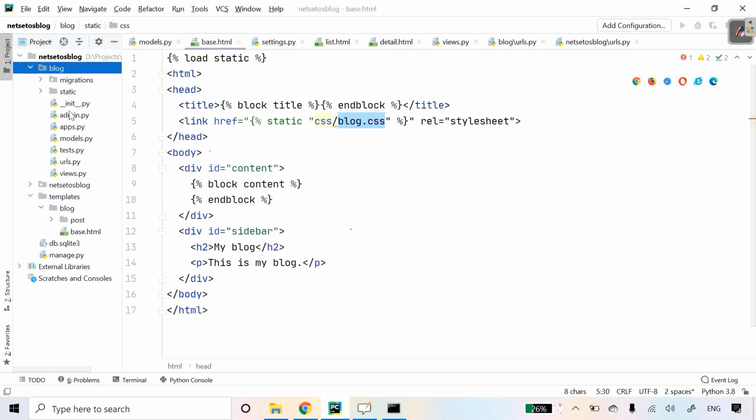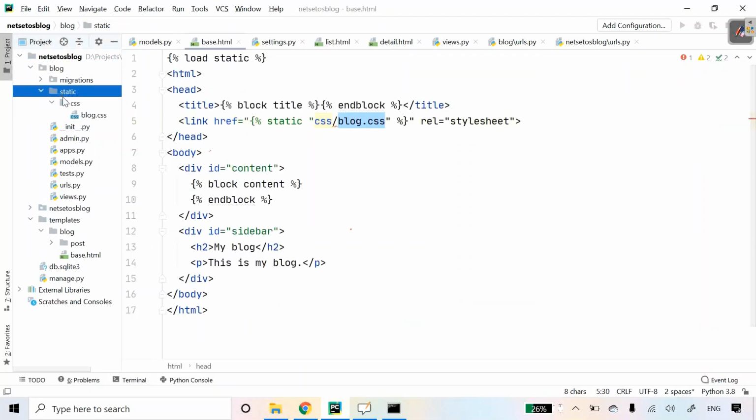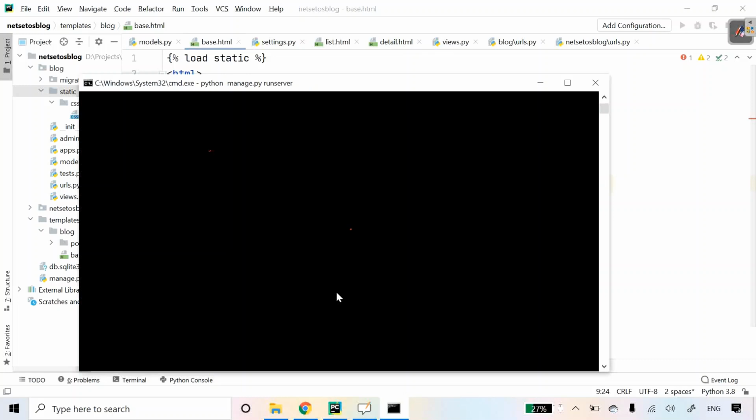So here I got static, inside static, CSS and inside CSS blog.css file. So after this I'll save it and we'll go to CMD out of the server and here I'll write python manage.py runserver.